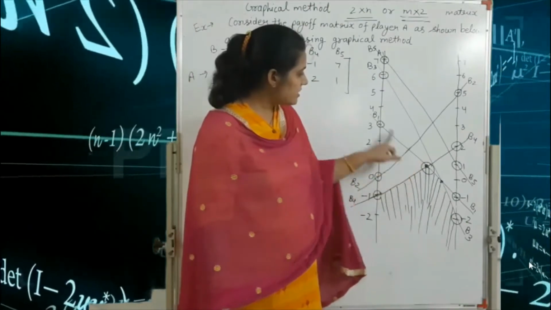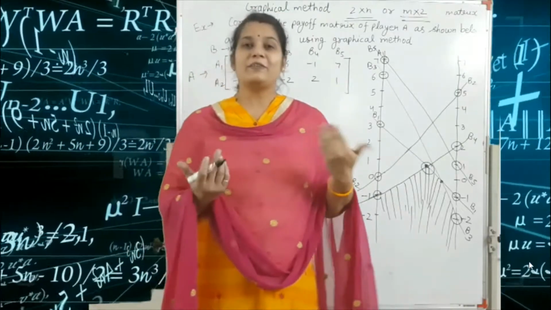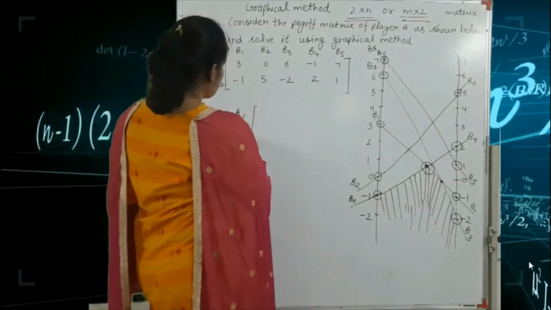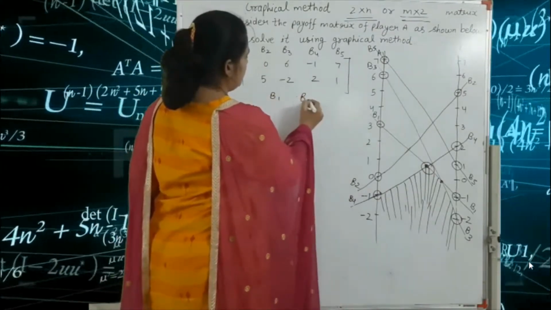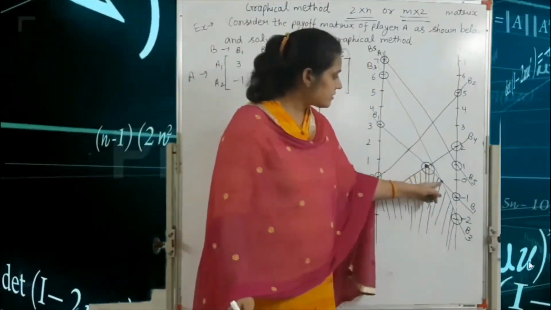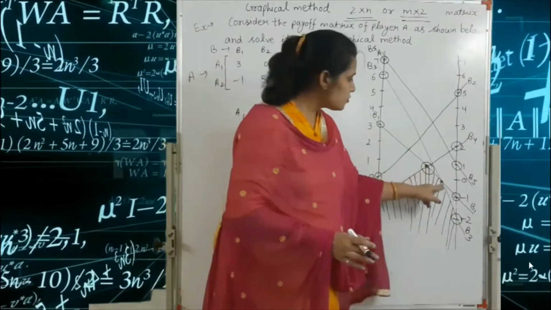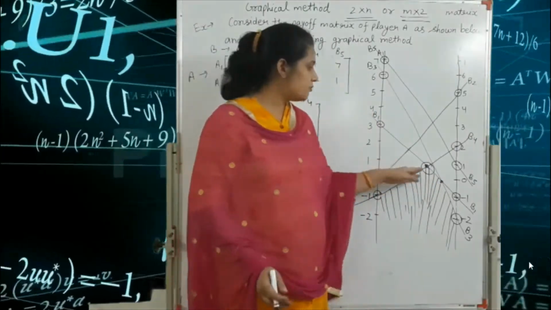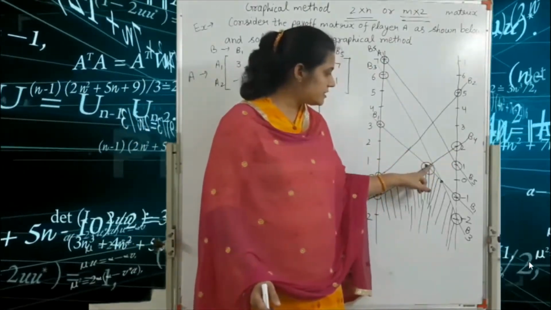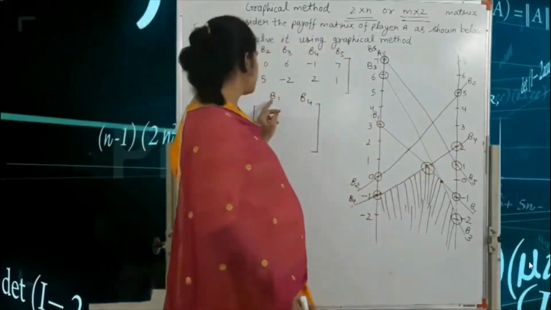So highest point is what? B1 and B4. So we map the 2 by 2 order matrix. That means we write here A1, A2 and B1, B4. Okay, why we write here B1 and B4? So see here again, 2 points are intersection points. First you choose the lowest region. After that you choose 2 intersection points, and of these you consider the highest. So highest intersection point is this point. So this point depends on the B1 and B4. So we write here B1 and B4.